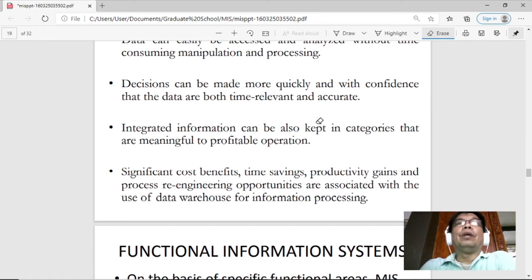But usually in bigger companies, aside from storing the transaction data, these data are again rewritten in such a way that it will be faster to generate reports. And one way to do that is through a data warehouse. So it will be faster, but of course it will require more resources as compared with just the plain transaction processing system.